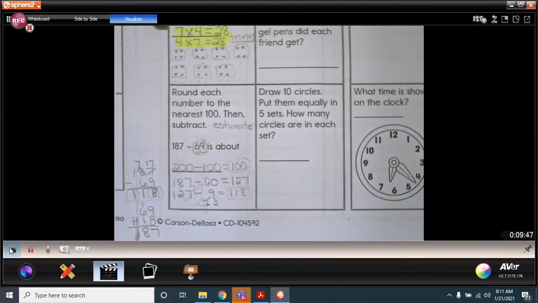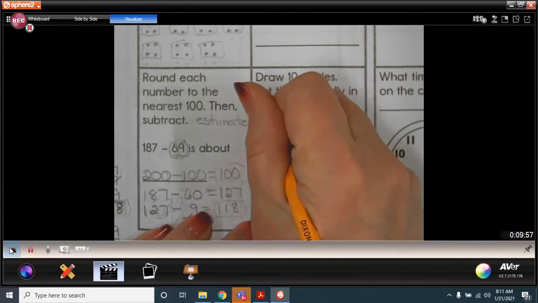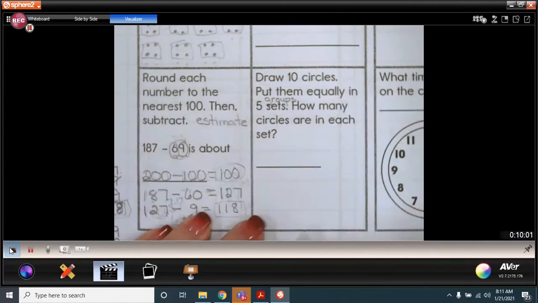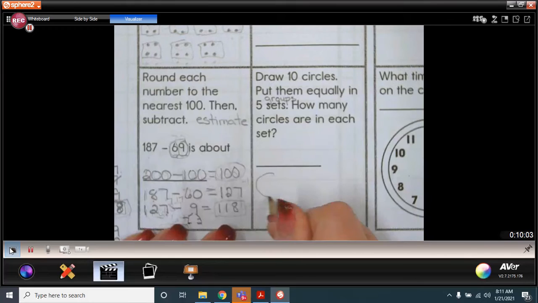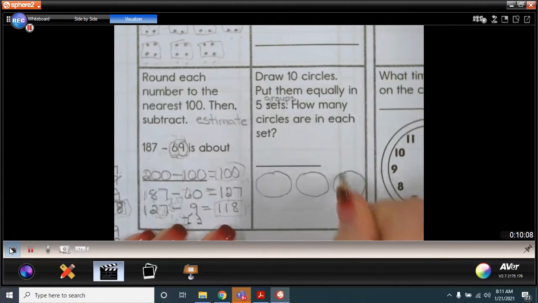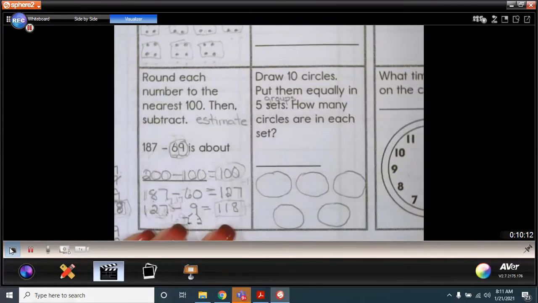Now let's take a look at our second problem. And it says draw 10 circles and put them equally into 5 sets. A set is considered a group, into 5 groups. So I'm going to go ahead and draw my 5 groups. And it said to put the 10 circles into equally